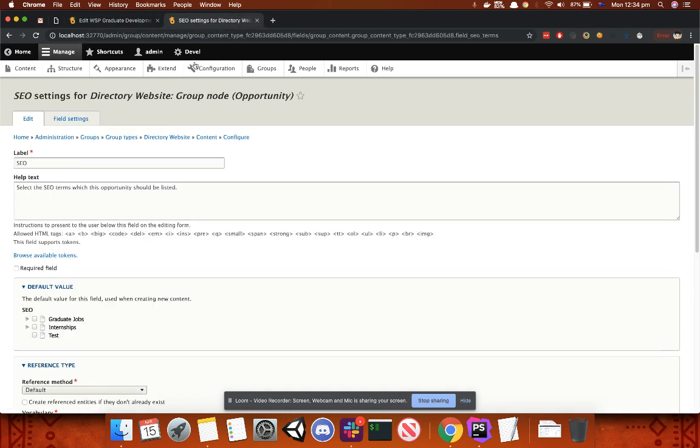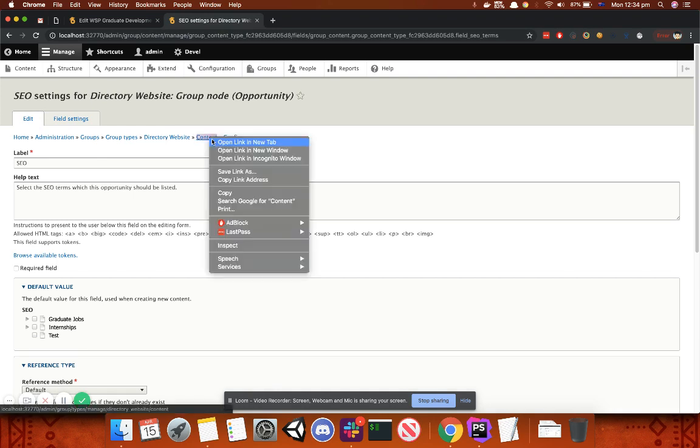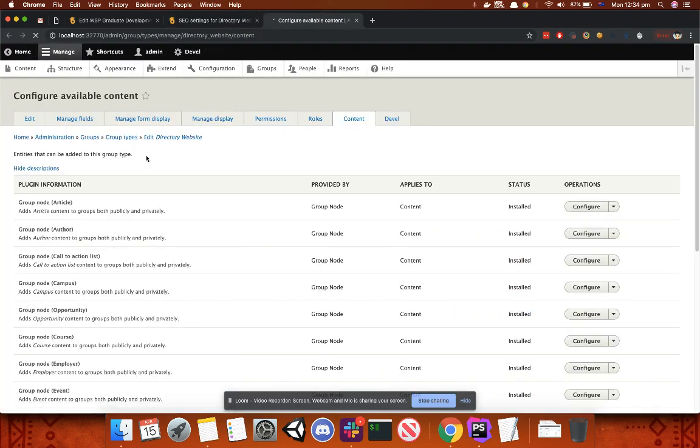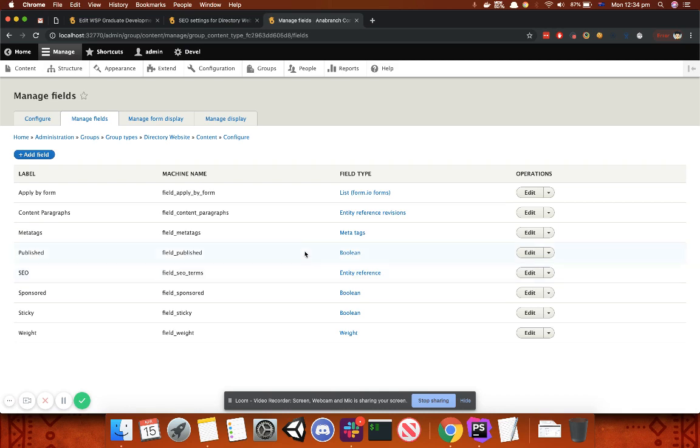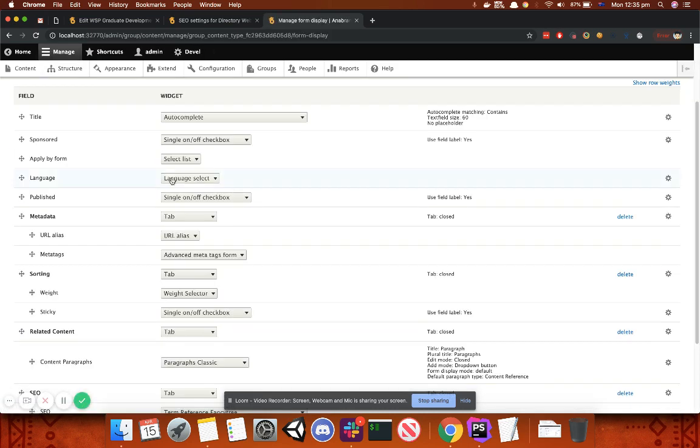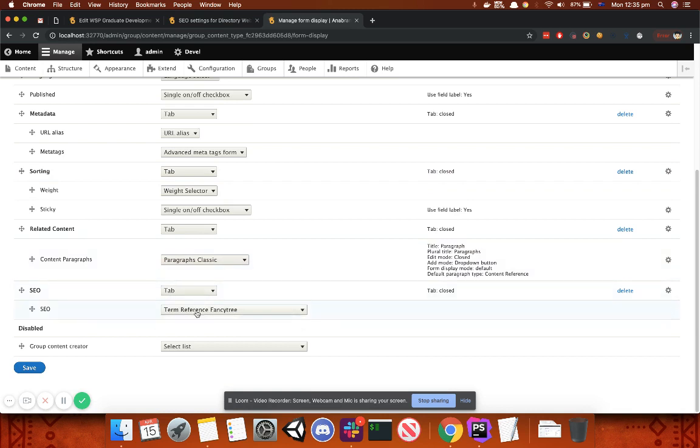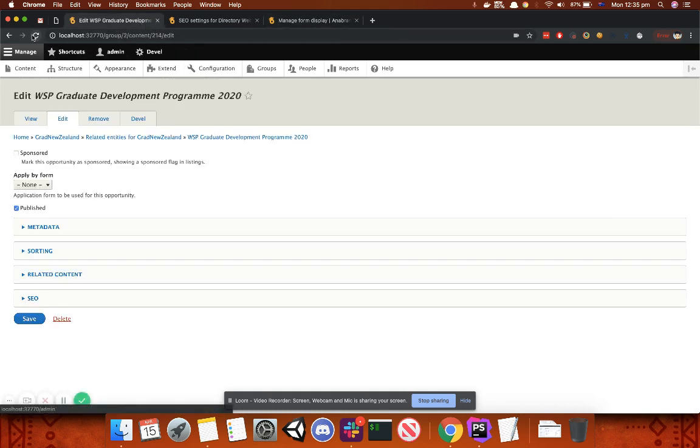Once you've set up, what you want to do is go to whatever entity you have with fields. I'm just going to use here a group entity, but it could be a node as well. And we're going to go to our form display, and we want to make sure that you set up your widget as the term reference Fancytree here. So once we go ahead and save that, and we load